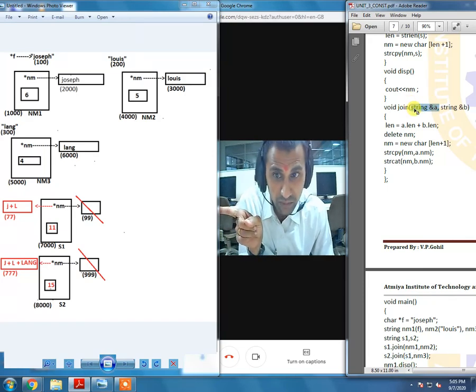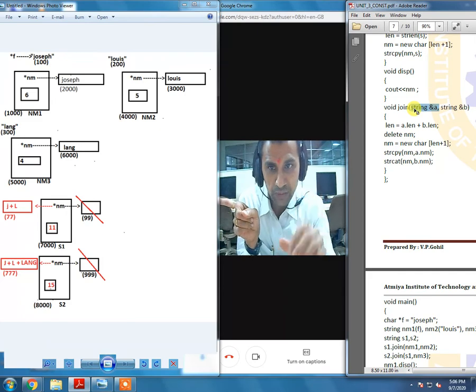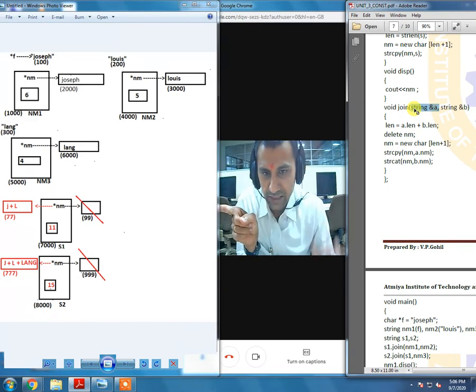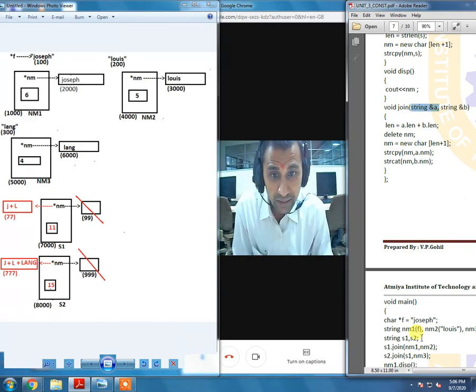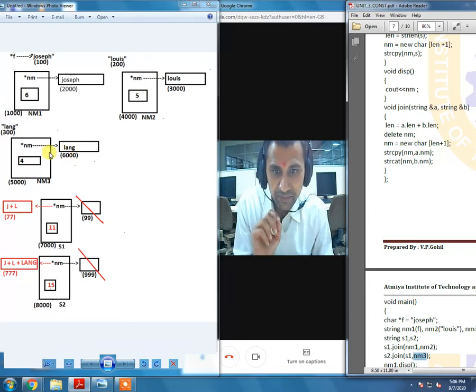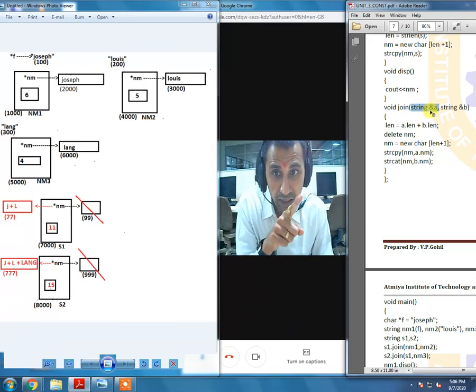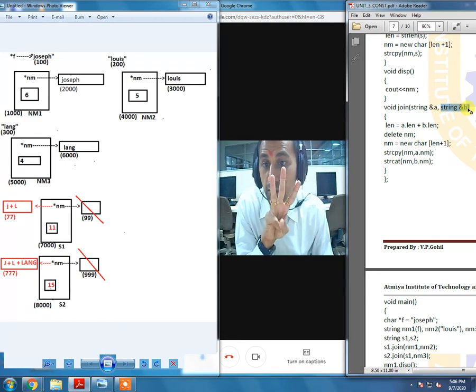Now S1 is ready. S1 object is now initialized, with actual values. So A will start pointing at the S1 object. And what is the second argument? There is nm3. Okay, this is nm3. So A will be pointing over here and B will be pointing to nm3 for your reference. We are supposed to remember this part is S1 and the second part is nm3.